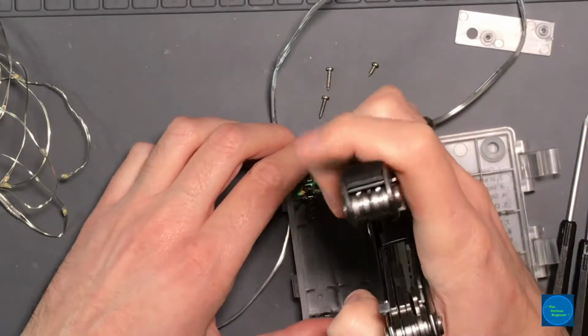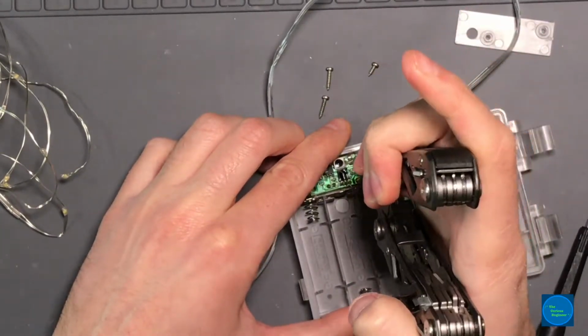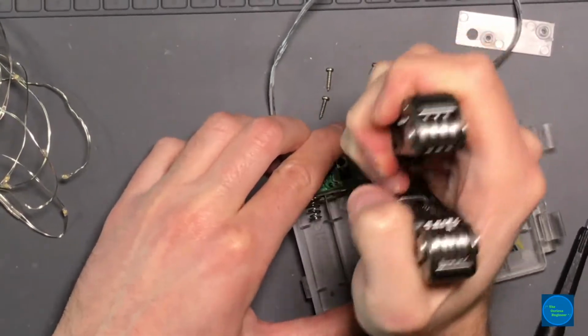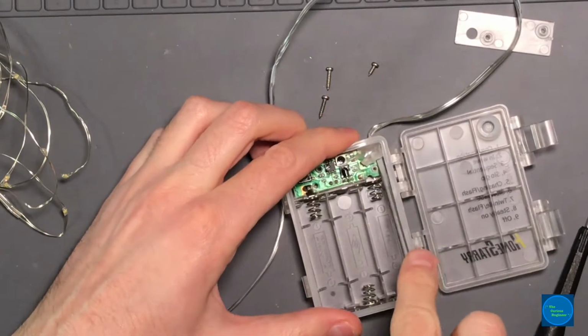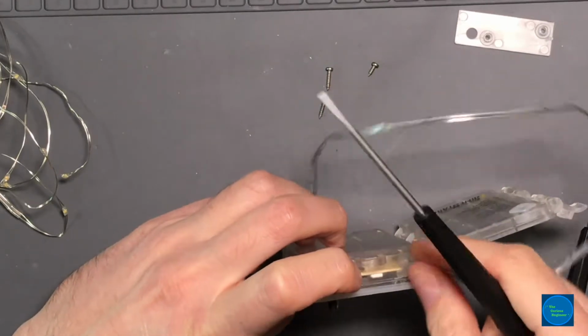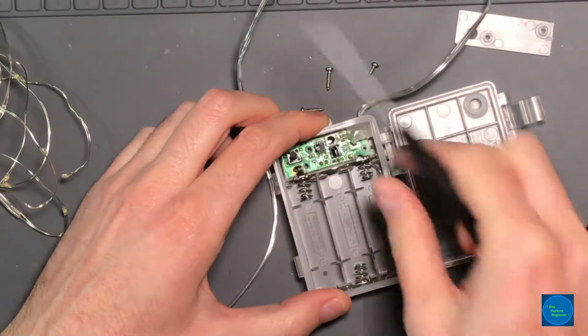Let me see if I can just get... Wow, they use a lot of hot glue. I don't want any water getting in there. Yeah, it's hot glued for the wire. It gets the job done. Oh, it is also holding the...